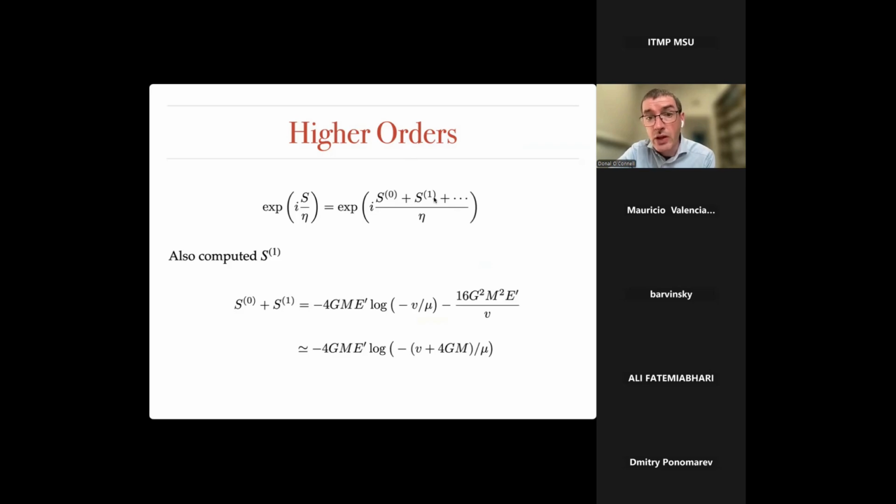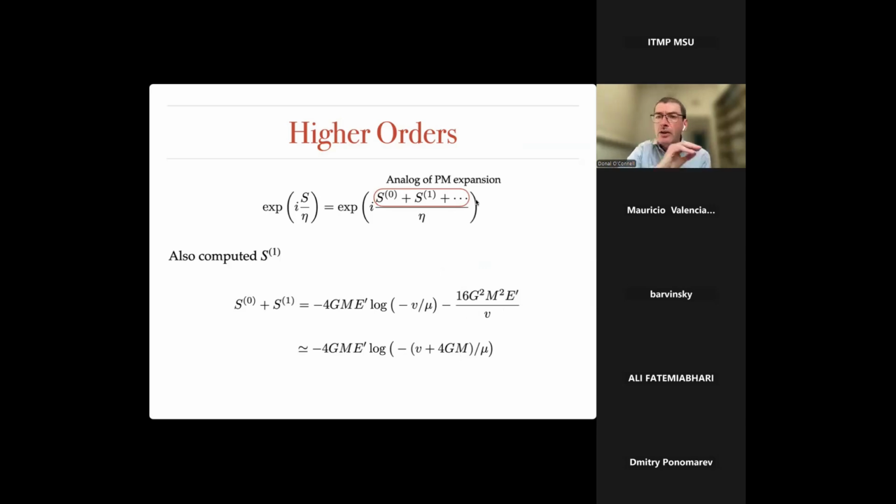But we also know that there are corrections because, from Hawking's work, you can see that there is really a correction. The correction is just the finite size of the black hole, if you want. It's that fact that the event horizon starts 4GM before the radiation falls in. So the correct log really is v minus v plus 4GM. If we expand that in powers of GM over v, this is the correction. So what we did was we went ahead and computed that correction term.